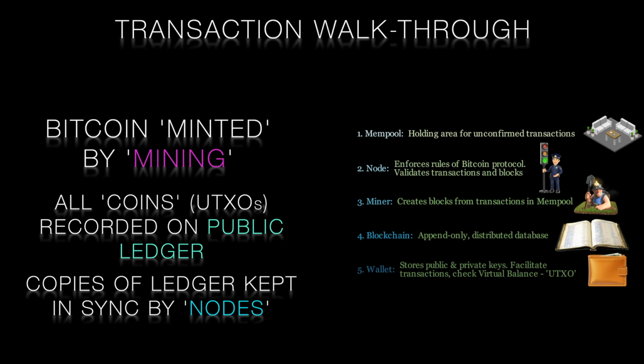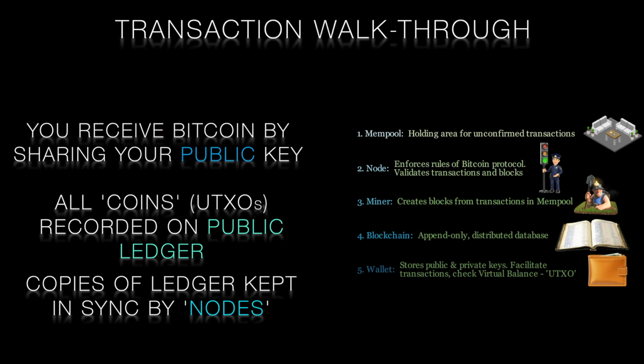The ledger is public in clear text and visible to all. For others to send you Bitcoin, they need to know your address, which is derived from your public key. Again, in crypto technical speak, you have a set of UTXOs, unspent transaction outputs, against your public key on the